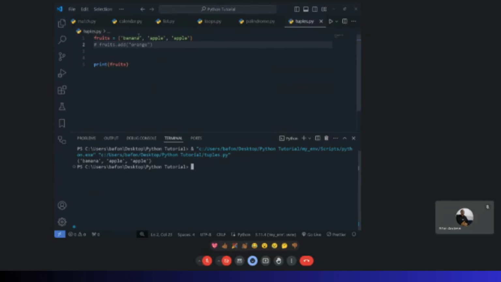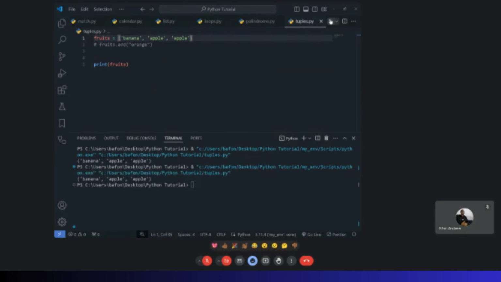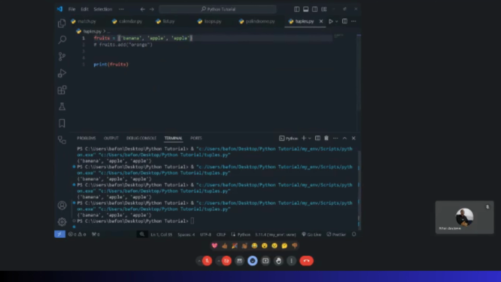So here we have to execute this. You see that this order remains the same: banana, apple, apple. No matter how many times I execute this, the order remains the same. This order won't change. And for a list it will be the same. But now we discover that here